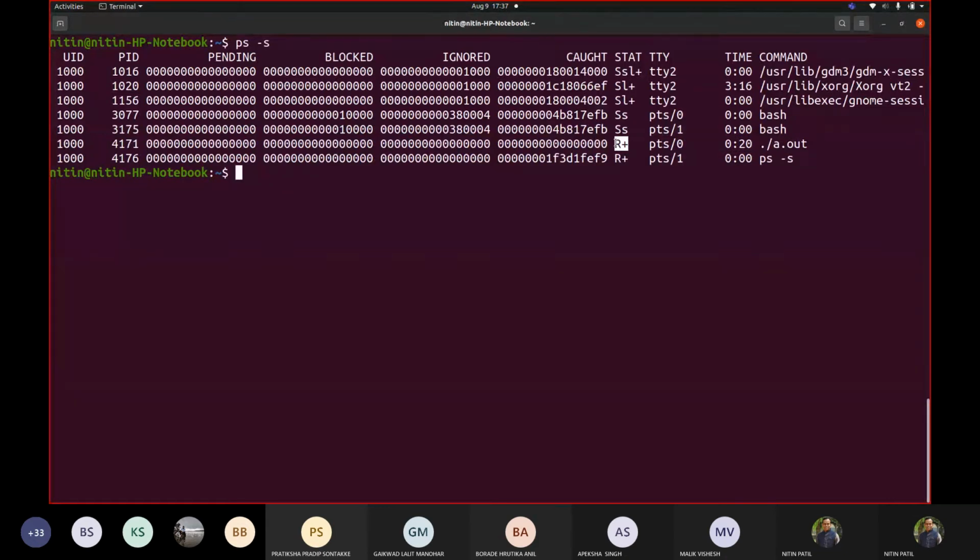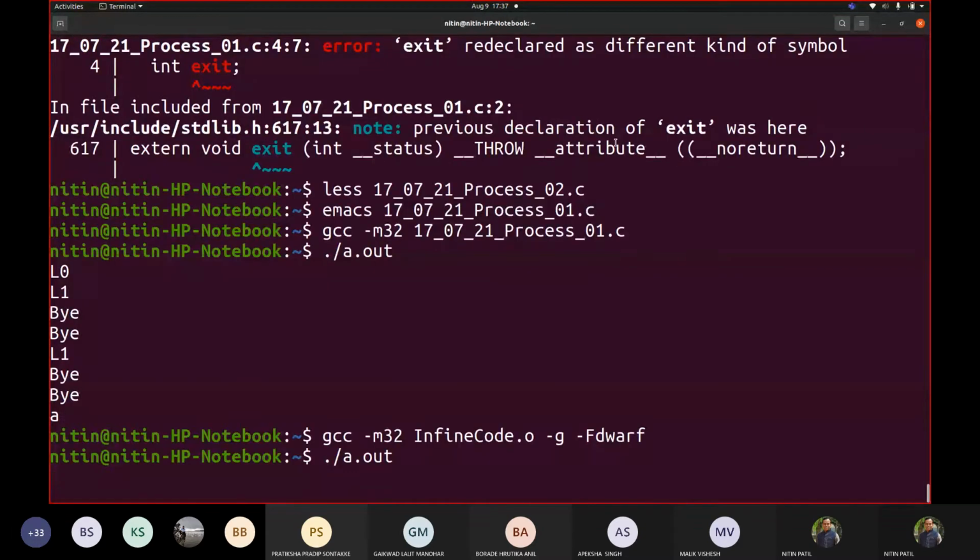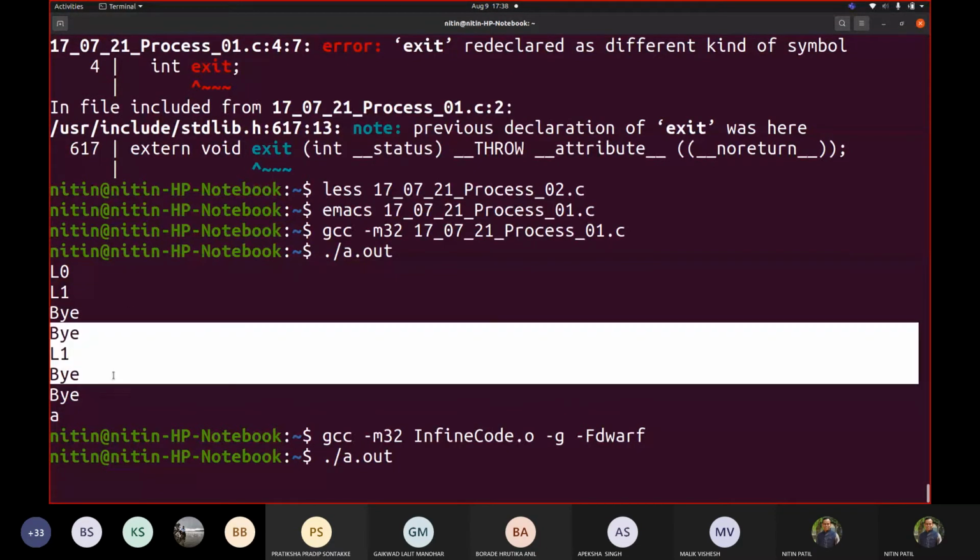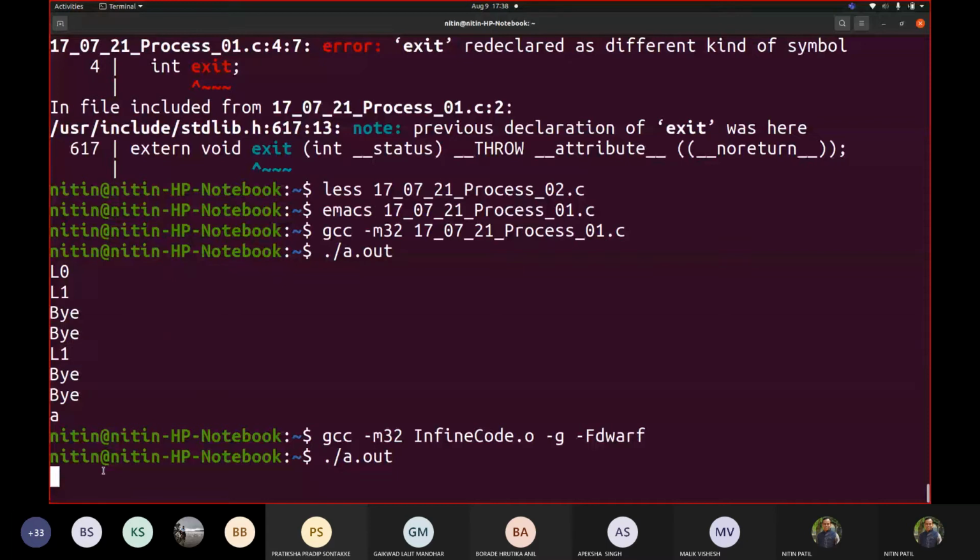So when it is running, ultimately, other processes which I fire may be waiting for my getchar, so it is waiting for some input. Like in the earlier example, it was waiting for my input that time. That's why it entered into sleep mode, because it is waiting for some IO. Right now, it is not waiting for IO. It is doing some computation internally. That's why one can see that yes, it is still in running mode.